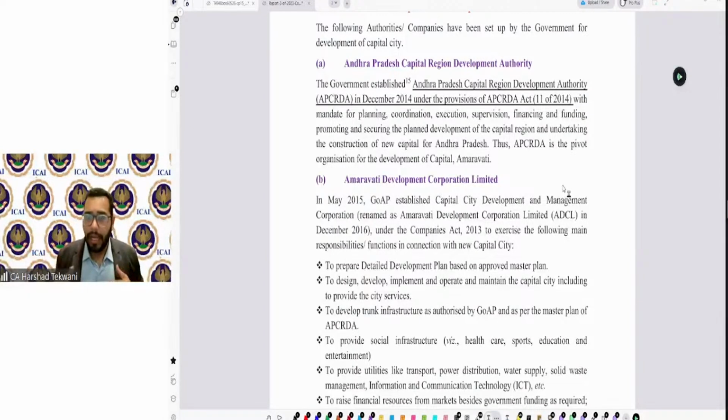In a company, you have a structure, you have a management, you have those charged with governance, you have the various departments, procurement, P2P, O2C, R2R, various different departments in a company. You have chief financial officer, CFO, you have CEO, managing directors, sales officers, who are already there in a particular company. But in a department, in this particular kind of authority, what is the organization structure, who are the responsible, who are the decision makers, everything you need to understand from scratch. And it will not be the same as what you have already seen in the audit of a company.